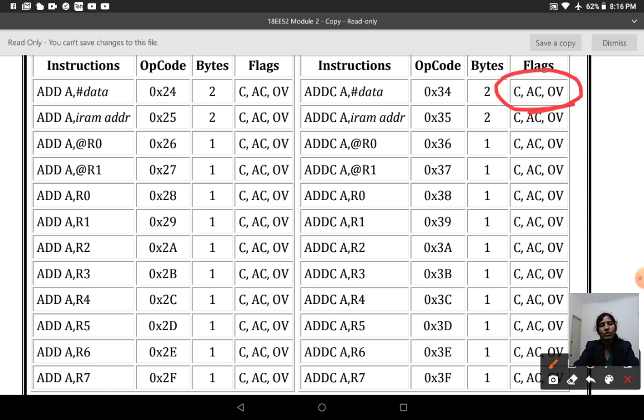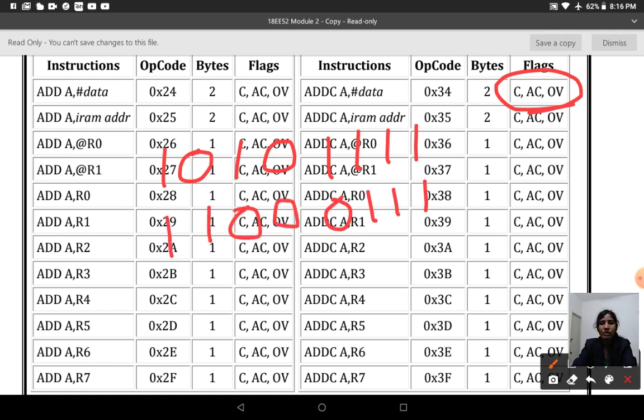So carry we know. Whatever you have at the 8th bit. For example, I'll show one number, 1010 1111, and one more, 0111 1100. If I add these two, I will show the difference between your carry and auxiliary carry.